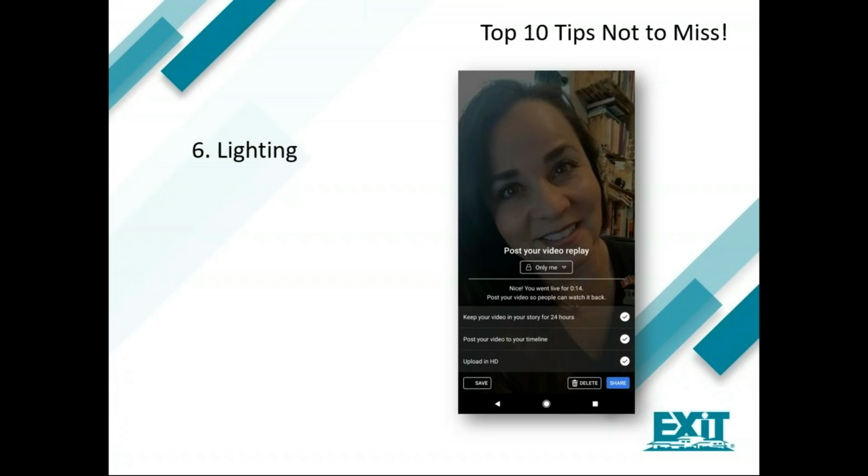And it's not what you see, right? It's what they see that's the most important. And then just like lighting, audio, super important. The quality of what they hear is paramount, because once the video is done, you can save the video and use services like Fiverr or Rev to create closed captions, which is great because think of your audience that watches video with the sound off, right? Closed captioning is very important in those instances.